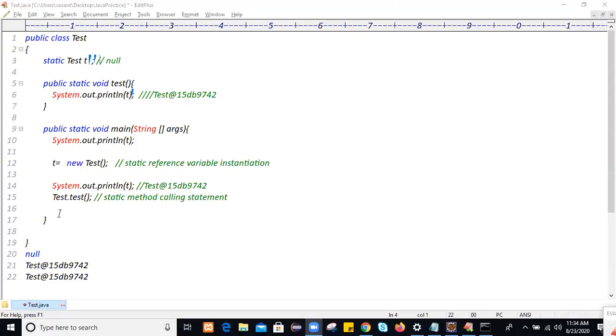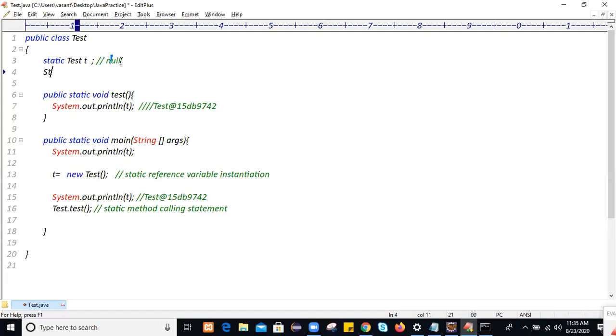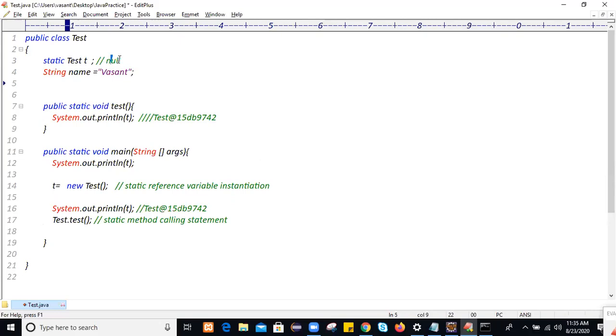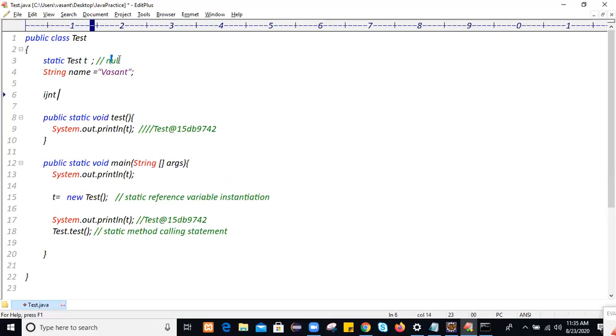Now you see how we are using it. Once you create an object, you can use this object throughout the class. Let's suppose you have a string name equal to Vasant and an int id as instance members.